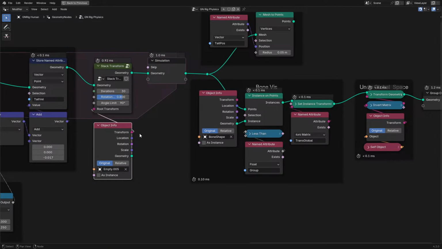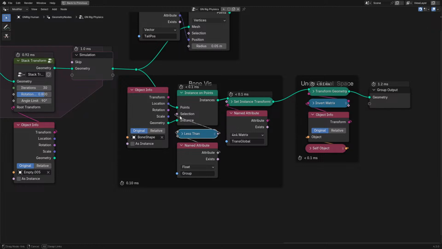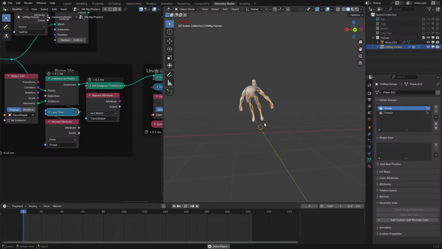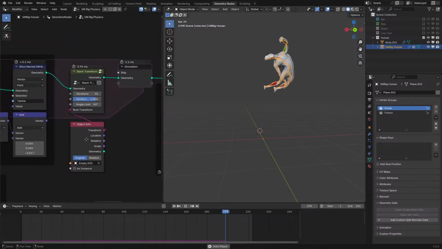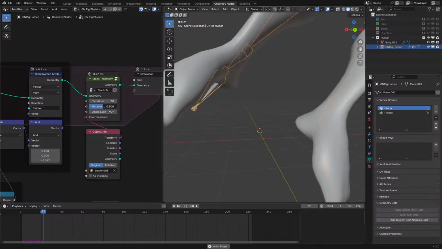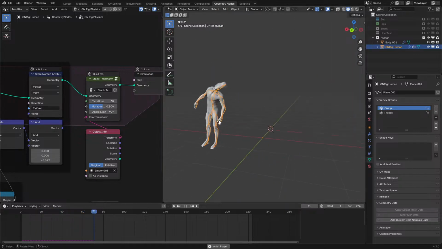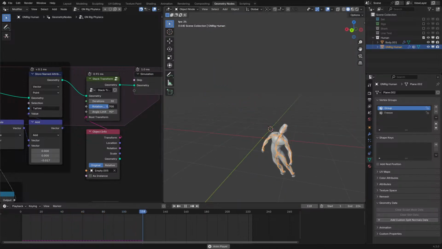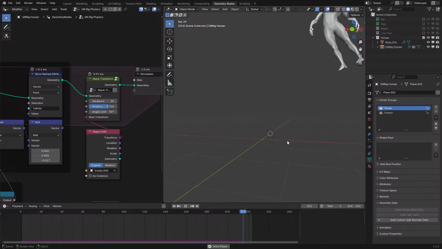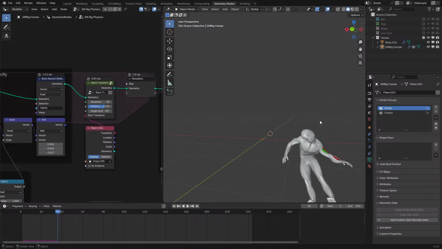I do want to hide the root bone. Yeah, let's go and hide the root bone. That does remove it from the setup entirely. Oh yeah, that's good. What have we done? I mean, this is one of the most hilarious things I've ever made. But should it? God. Okay,